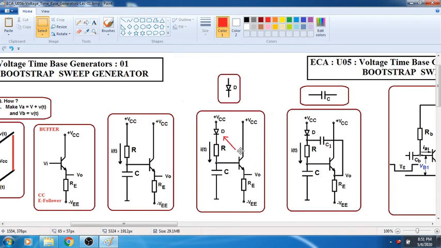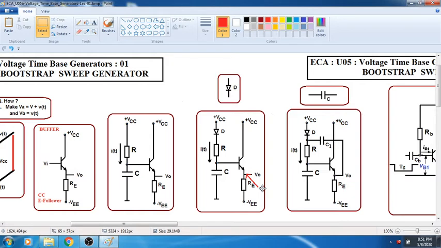When we connect directly, there will be one small problem. See, whenever we are trying to charge the capacitor, this point is initially 0, no? This point is initially 0. So obviously this point also will be 0. So when I connect directly like this, this point also will be 0. So we will not be able to show the same increase between these 2 points.